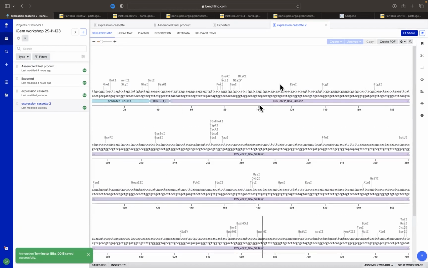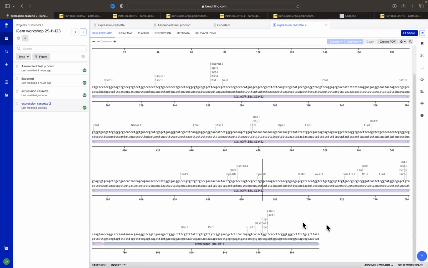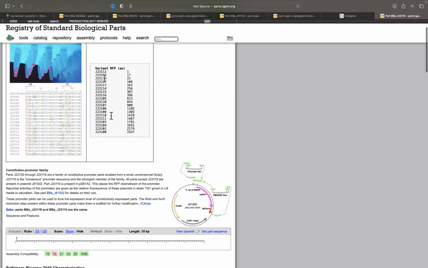So our construct is almost ready. We have a promoter, we have an RBS, and we have the CDS, so our enhanced GFP. We have our terminator, which is going to terminate transcription. Actually,